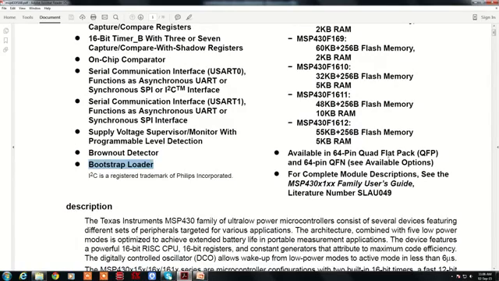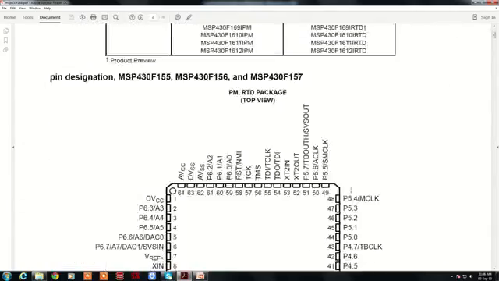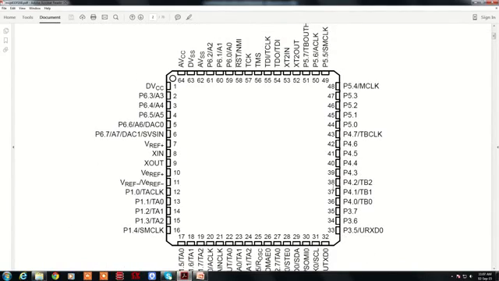Usually we use the quad flat pack, which has pins on 4 sides. So this is the package where, as you can see, the dot or this notch will be there while identifying the pin numbers of the controller.